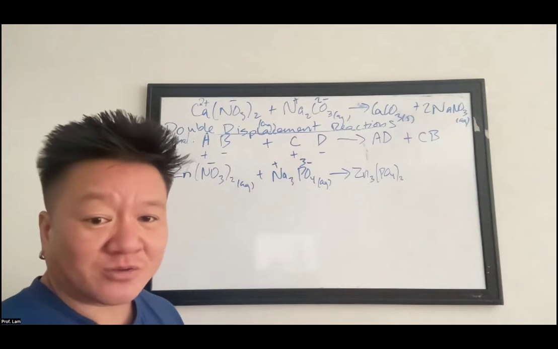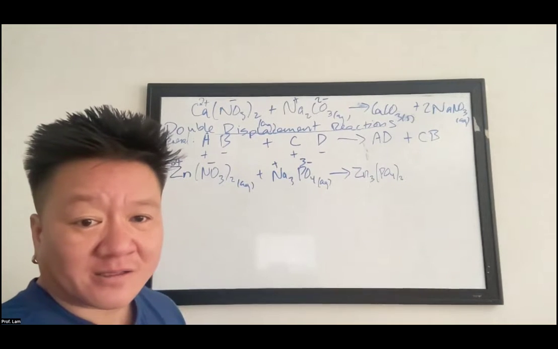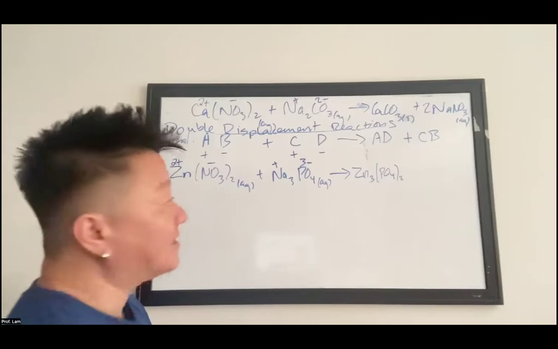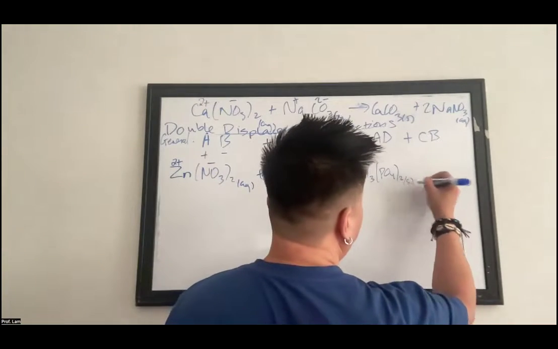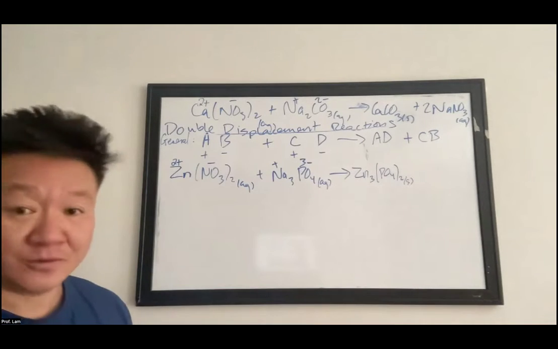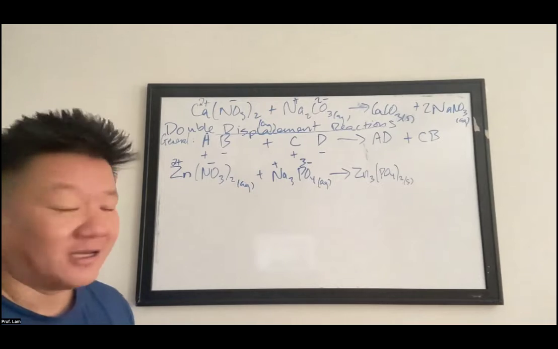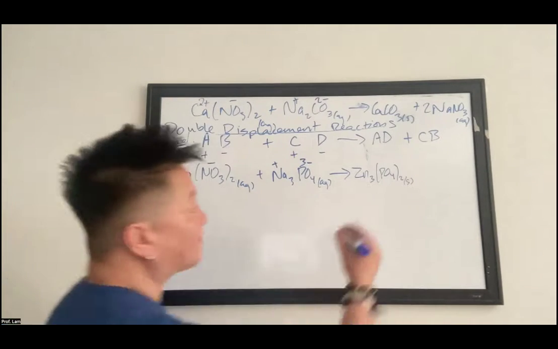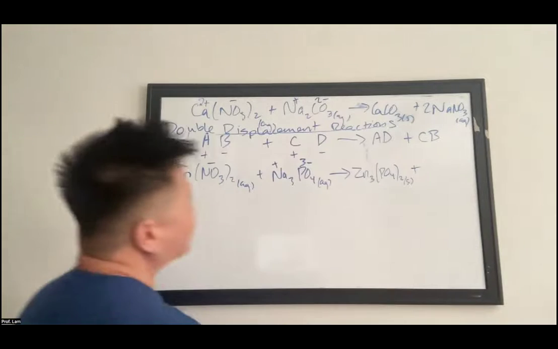And then you go to your solubility chart and look up the state for that. Zinc phosphate. We have phosphate. Phosphate is down here, and it's generally insoluble, and zinc is not on the exception list. So this is a solid. We have a precipitation reaction, because this was aqueous and it turned solid. Plus,